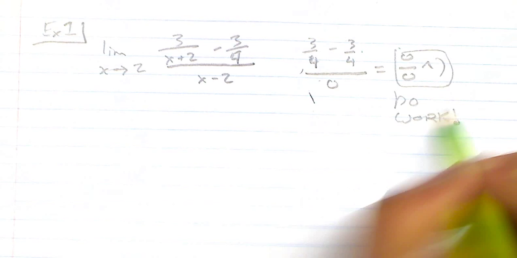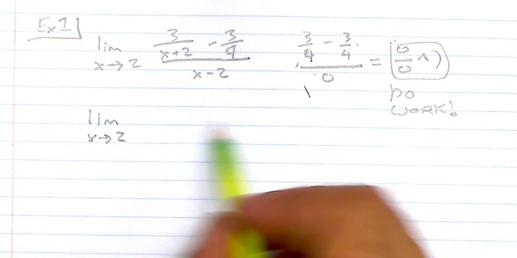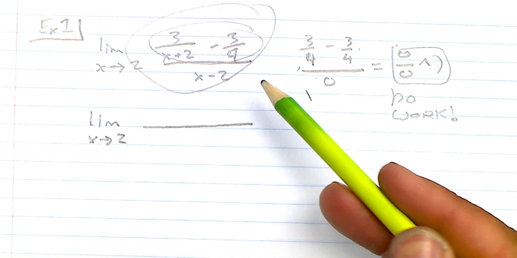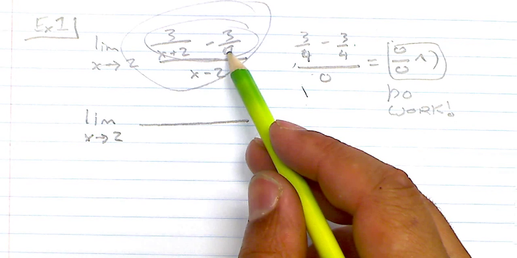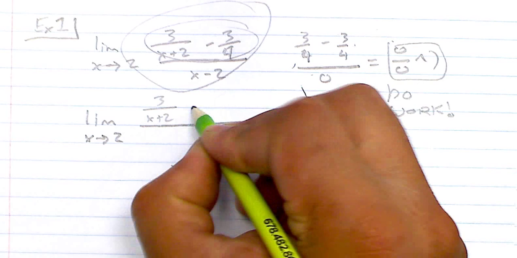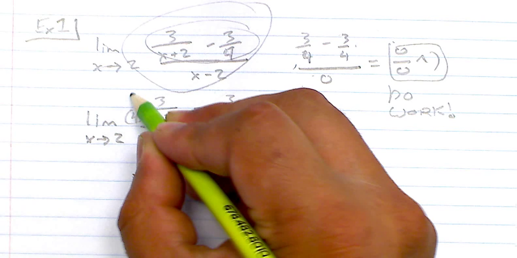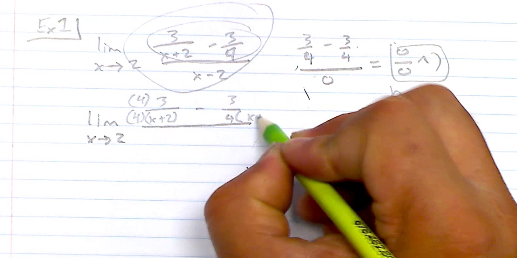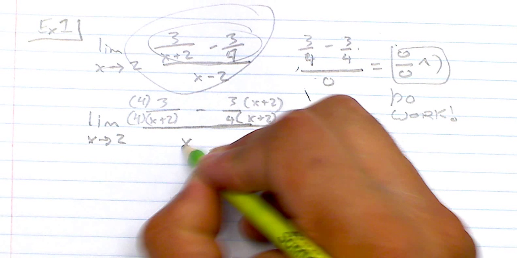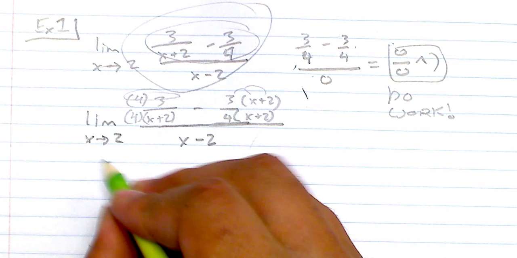Now, what is the ambiguity here? What is the complexity that's causing a problem? It's the fraction inside the fraction. That's causing the problem. So our job is to get rid of the fraction inside the fraction. So here we're going to get common denominators. 3 over x plus 2 minus 3 over 4. So we're going to give this denominator 4, and we're going to give this denominator an x plus 2. Okay, and then we're going to leave that denominator alone, and so that's going to give me 12, and that's going to distribute. So limit